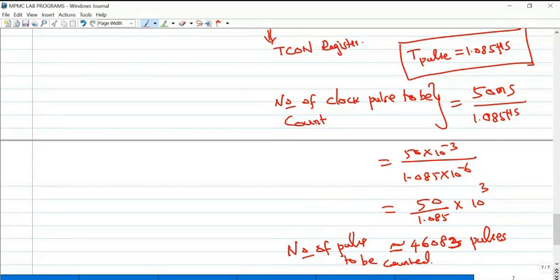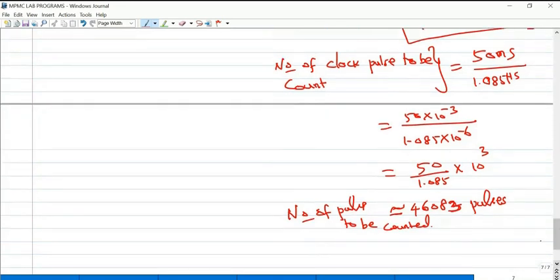This is the number of pulses to be counted, but we cannot load this value directly in the TCON register. For a 4-bit counter, a total of 16 clock pulses it will count. Suppose you need to count only 5 clock pulses; then we should not enter 5 directly, because the timer will not count exactly 5 clock pulses.